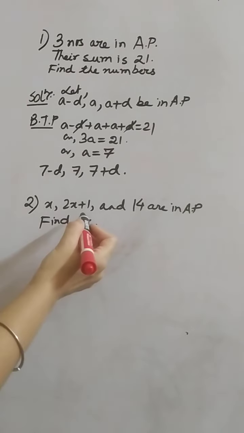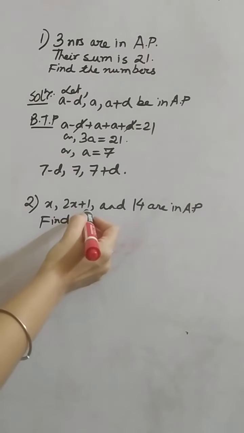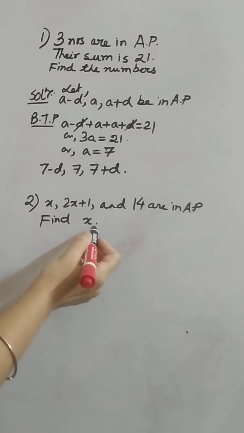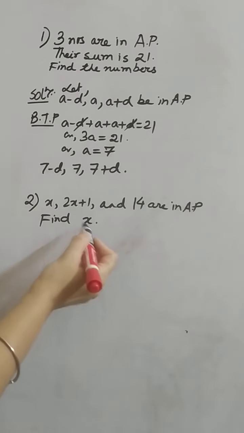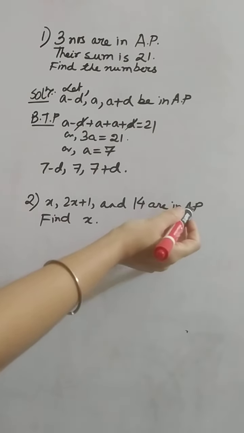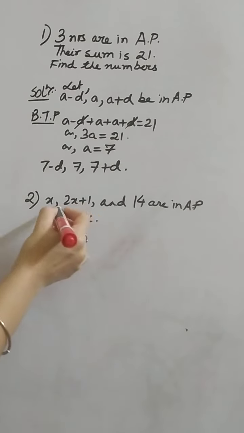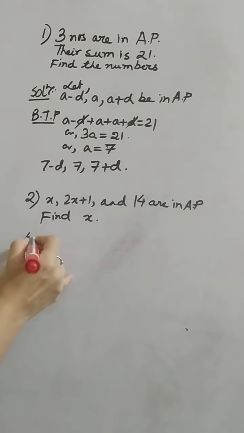The second problem is: x, 2x plus 1 and 14 are in AP. Find x. Remember, we just discussed that if A, B, C are in AP, we can say that A plus C is equal to twice B. So solution,